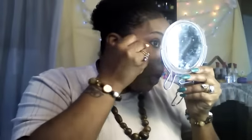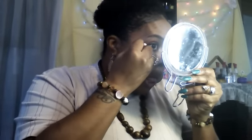Just pulling apart some of my lashes. I don't want to add more product to it. That's why I'm using this dry one. Kind of pull them apart without adding anything to it. Okay. I don't know if you can see my lashes, but